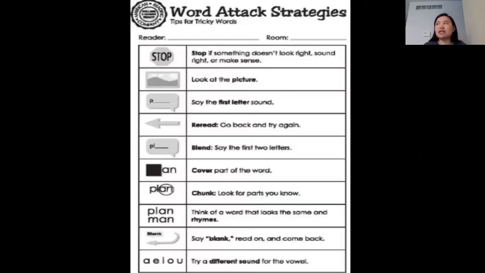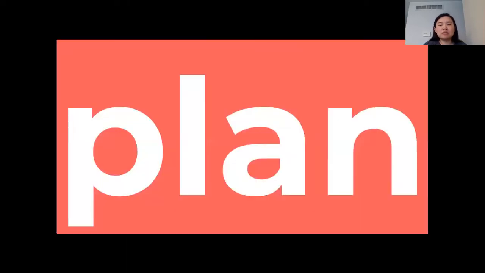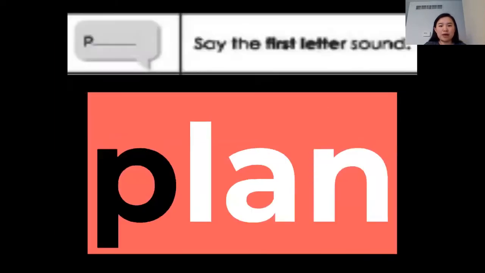Okay, right here are our word attack strategies. When you see a word that is unfamiliar, you are going to stop if something does not look right, sound right, or make sense. Look at the pictures and see if they can give you any context, any clues as to what is happening. Now, this is the word we're going to focus on today. P-L-A-N. What is that word? Well, say the first letter sound. The first letter is P, and it sounds as